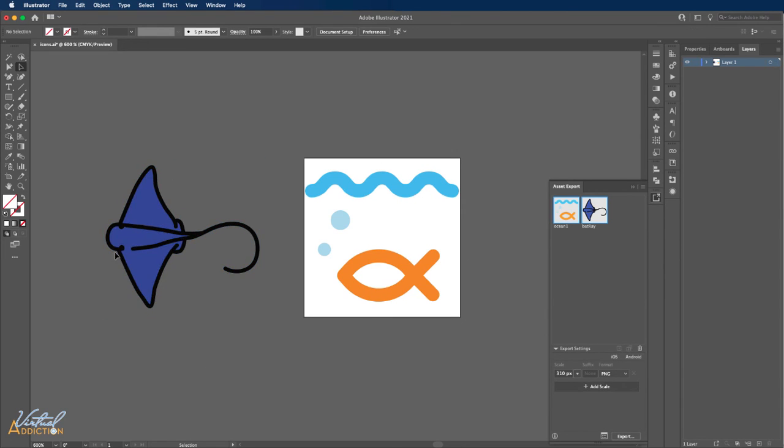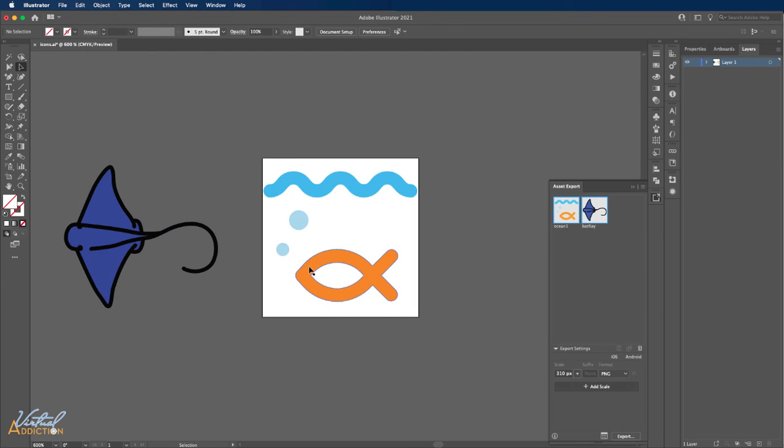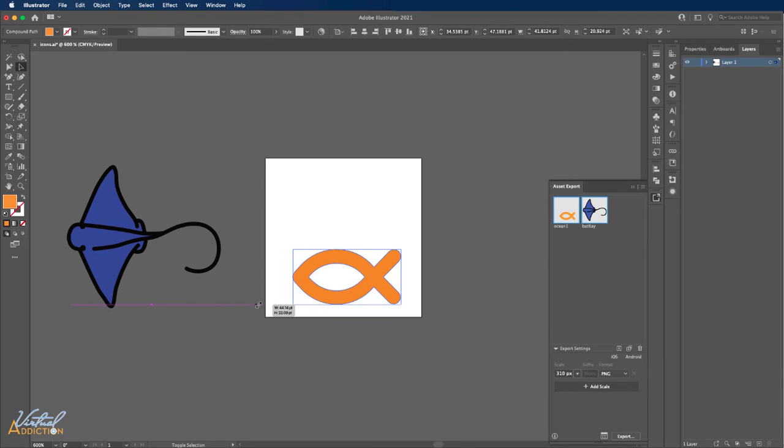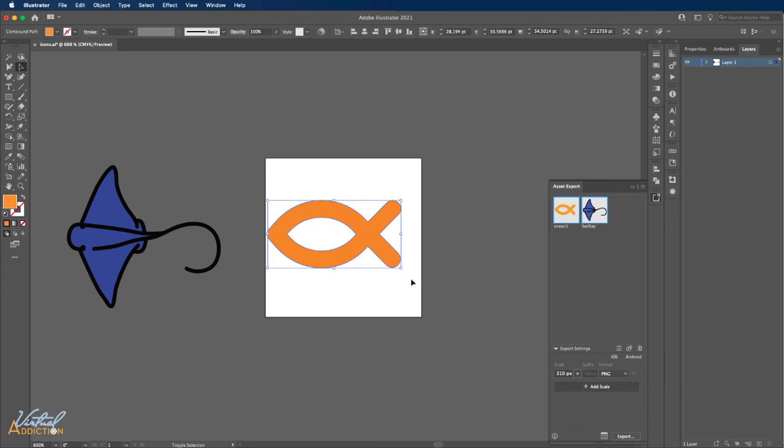You might have noticed that when we looked at the Batray image, we don't see the black outline and then the purple fill. It just looks like it's one color. So when we're using images that are so small, you really don't need any sort of extra information. If I wanted to utilize this image, I would be better off getting rid of these extra details and simply scaling up the fish icon and using this as my favicon. When we create favicons, simplicity is generally better.